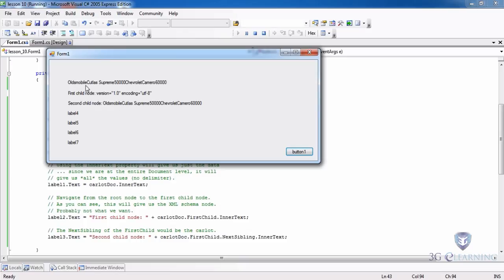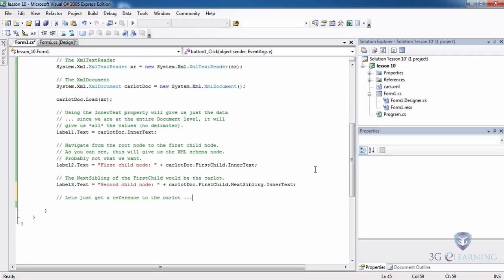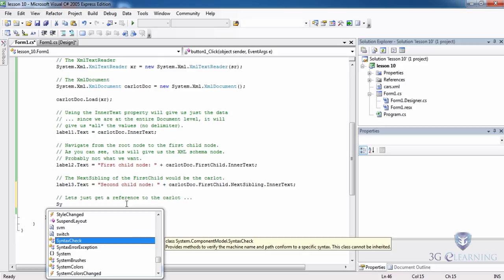The inner text on the document object will enable us to get straight to the information that we want and avoid any of the definition at the top of the document. We can still get access to it by using the first child method of our document object. Now we'll get a reference to the carlot object. So system.xml